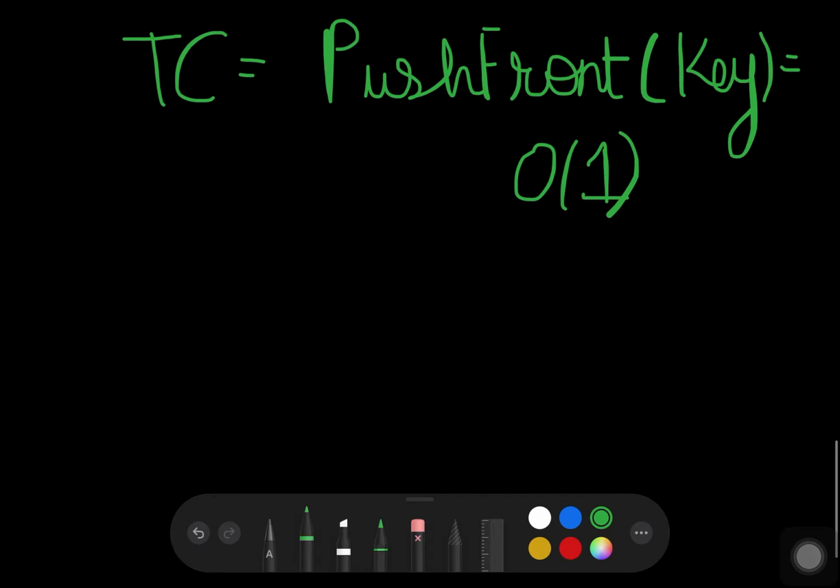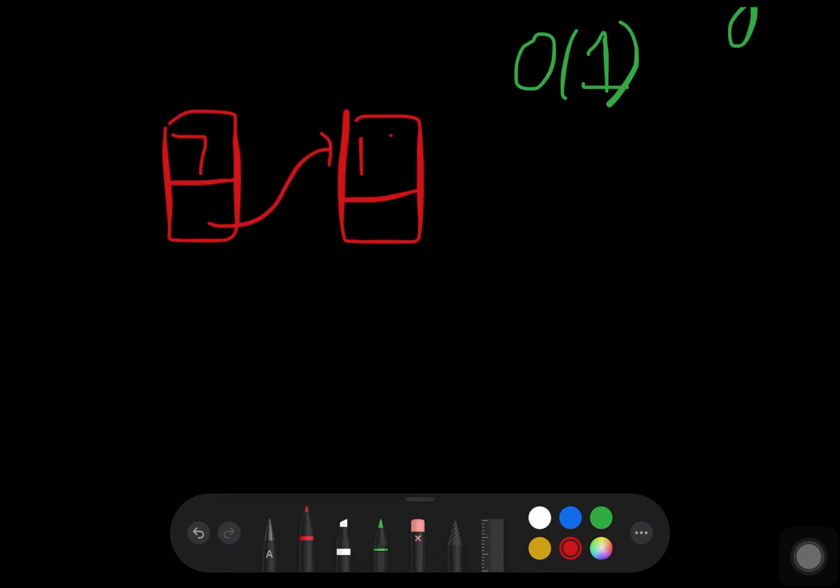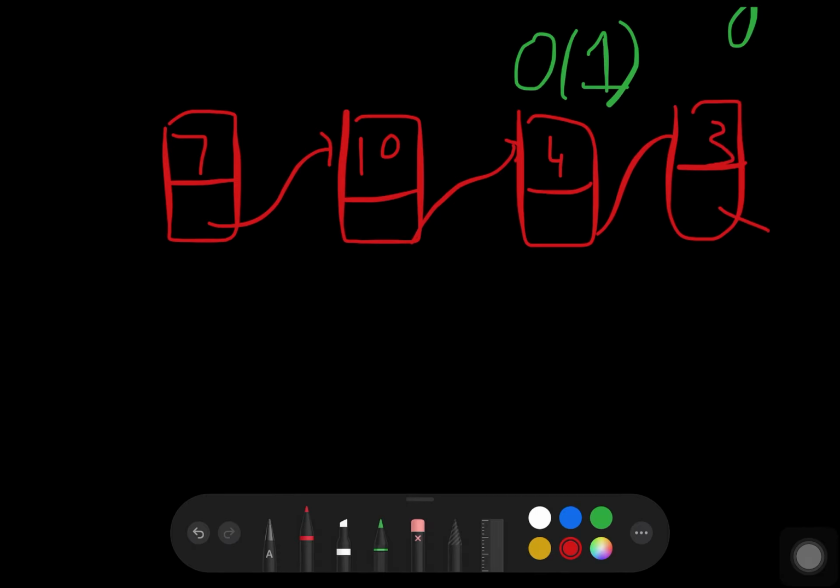So let us now see how top front works. Say the linked list was as before: 7, 10, 4, and 3. So we need to retrieve the first element, which head is pointing to.